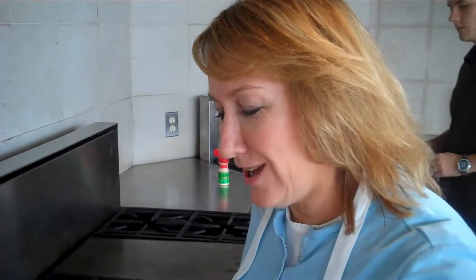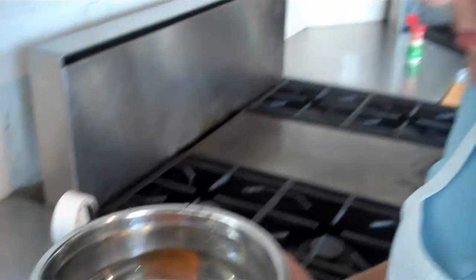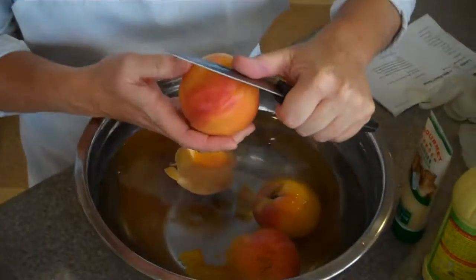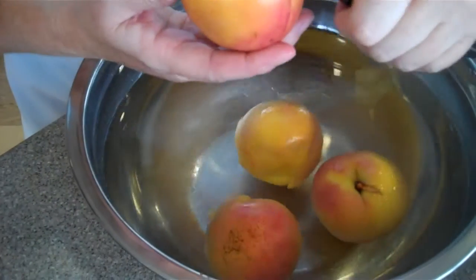Alright, so the peaches have been boiling for 30 seconds and we're going to take them out of the boiling water and put them in cold water for a little bit. That gets them cool and then they're going to be really easy to peel. Okay, so we've boiled them for 30 seconds, put them in cold water and look! The peel just basically comes off,